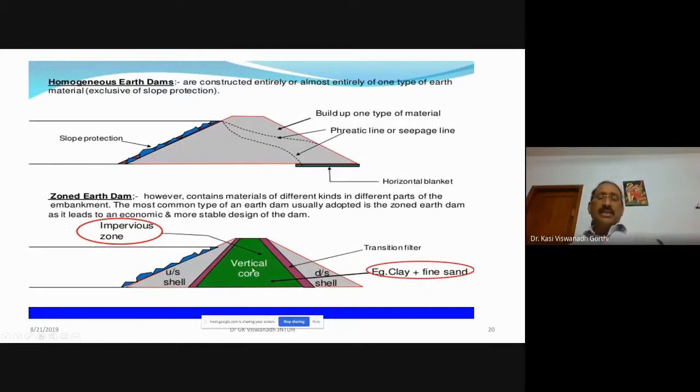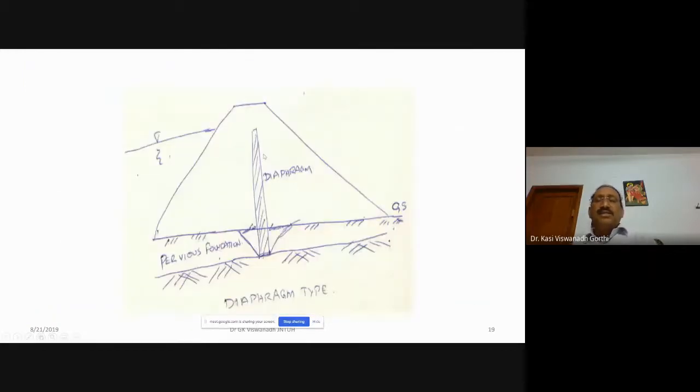A central vertical impervious core like this, or a diaphragm like this, will help ensure that the flow through the body of the dam will not move directly to the downstream face of the dam. Instead, it will be stopped here and move into the foundation, in this direction.